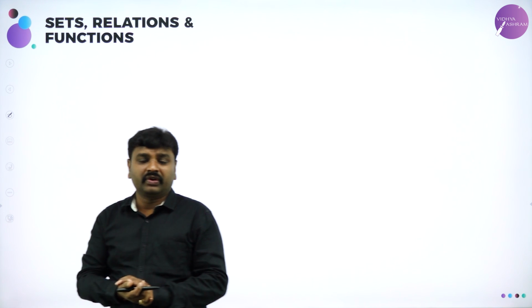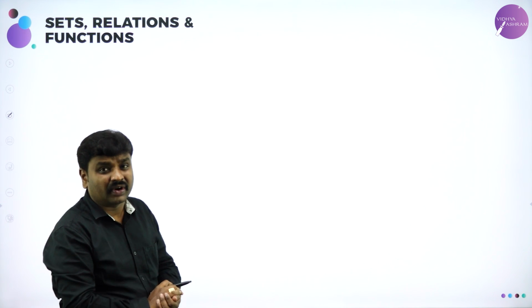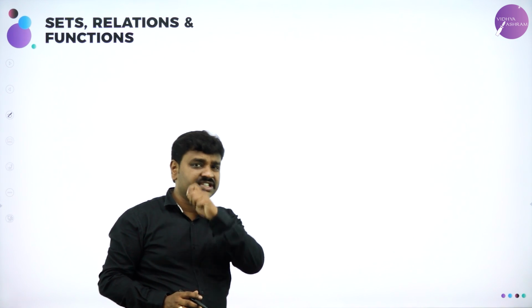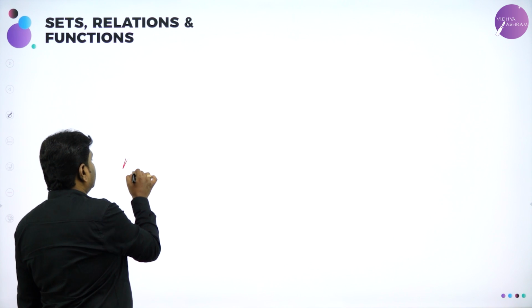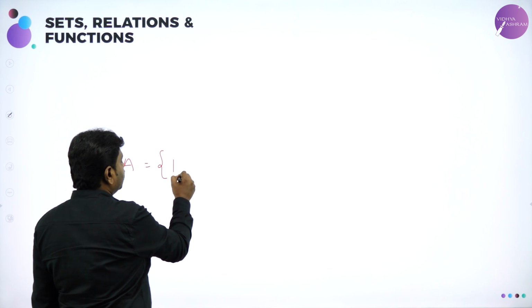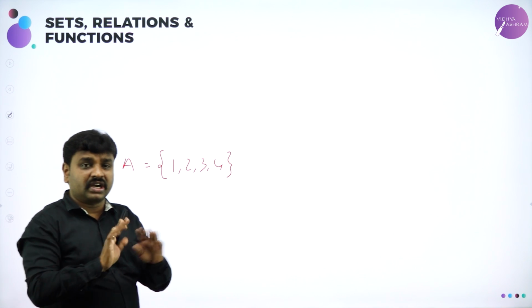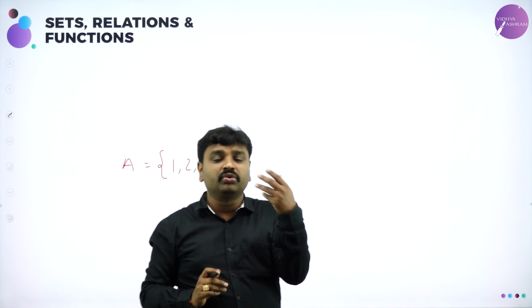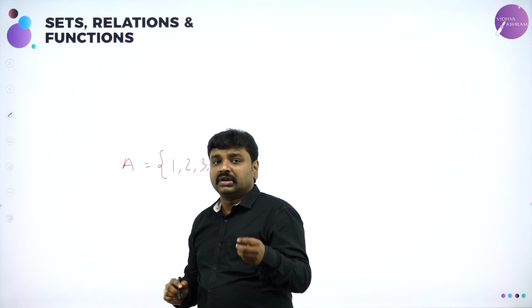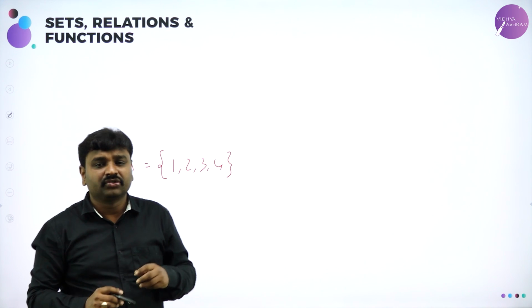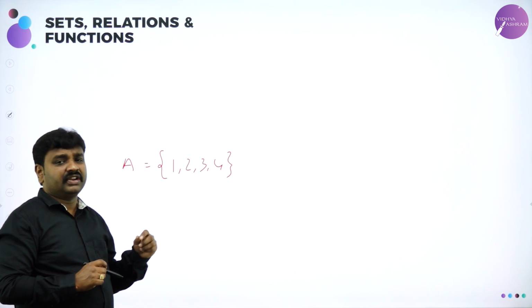Now, I'll conclude what we have done in today's class. Today I started with what is a set. A set is a collection of well-defined distinct objects. So if I take the set of natural numbers less than 5, 1, 2, 3, 4, this is a well-defined set. And I told you what cannot be considered a set: the set of most beautiful flowers and the set of famous cricket players. If I use words like that, they are not well defined, they are not sets.